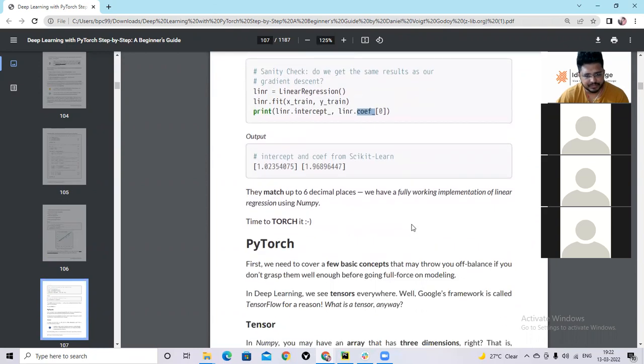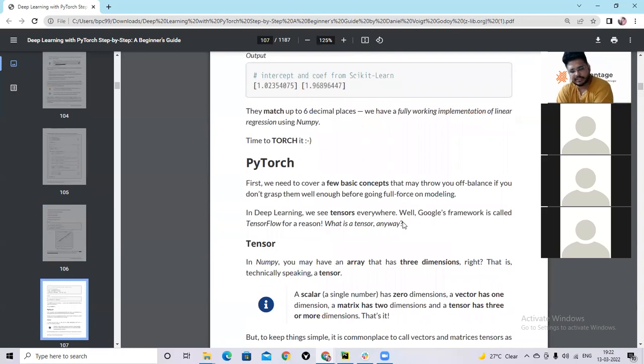Okay, now it's time for PyTorch. So why PyTorch? Before going into using PyTorch, first you have to understand why we have to use PyTorch. Why not any other programming library, deep learning library like Keras or TensorFlow or anything else? So many things are there, right? So why PyTorch? There are two main reasons for that.